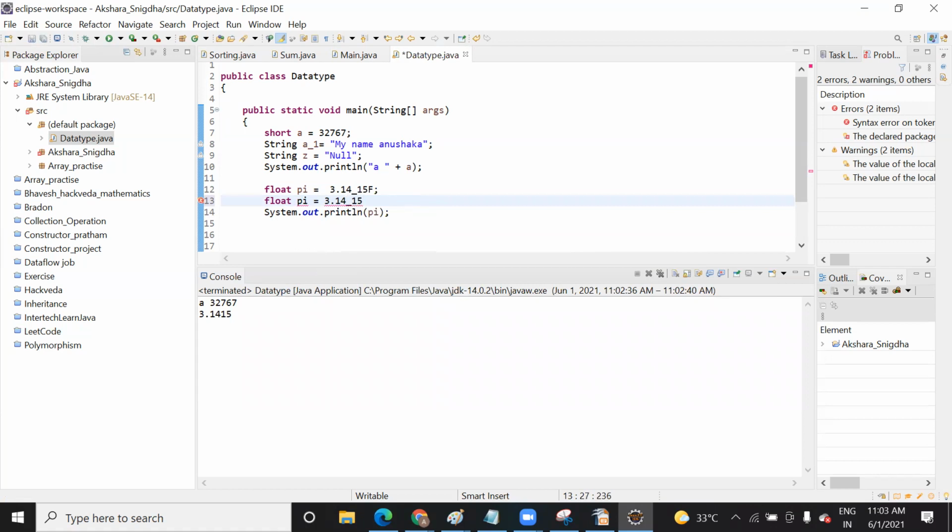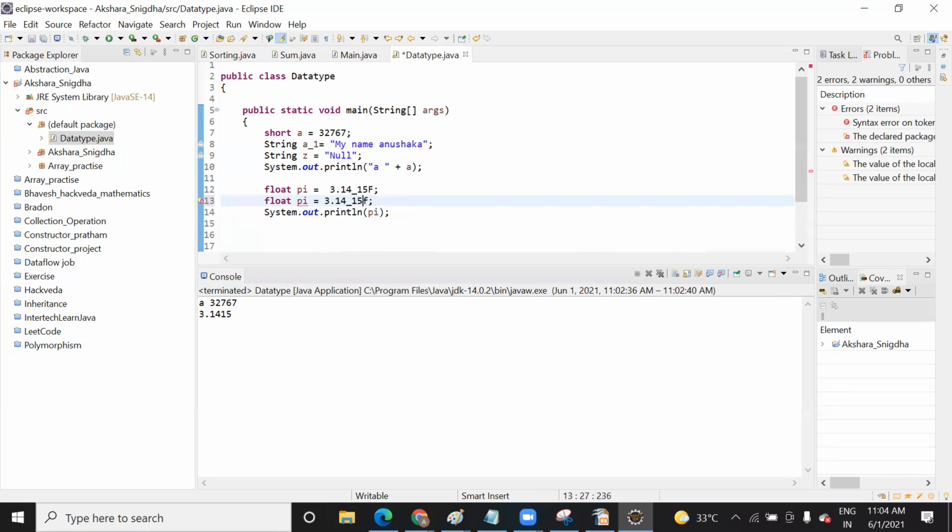So it means that instead of taking the long value, you have reduced it into one word, that is 15. So it will be immediately after the 14, it will take 15. So you can either directly use 15 also, 3.15. So it completely depends on you. If you want more precision, you can use the long digit, as I said.